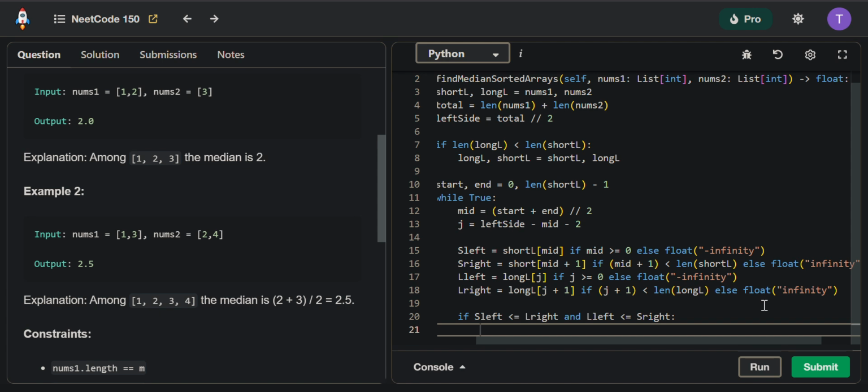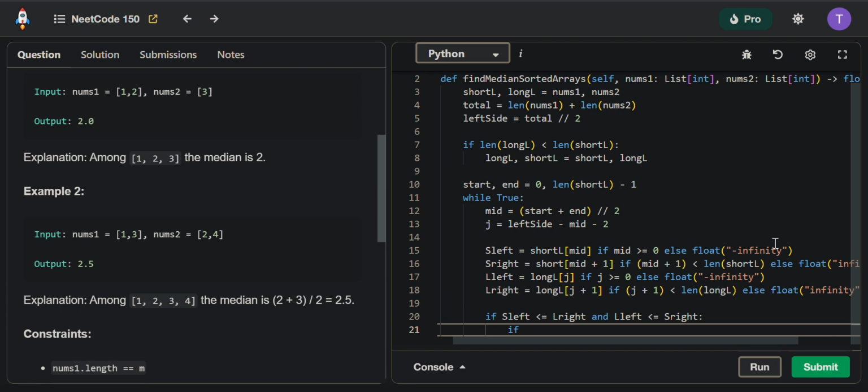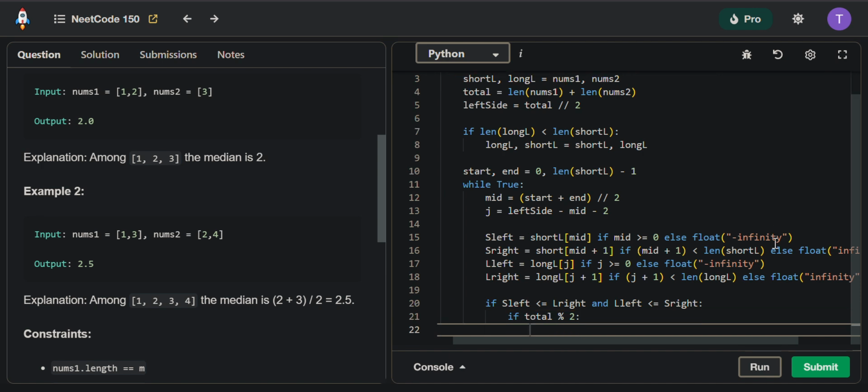So we can do this by saying: if the total is divisible by 2, so basically if it is not, if there is a remainder,